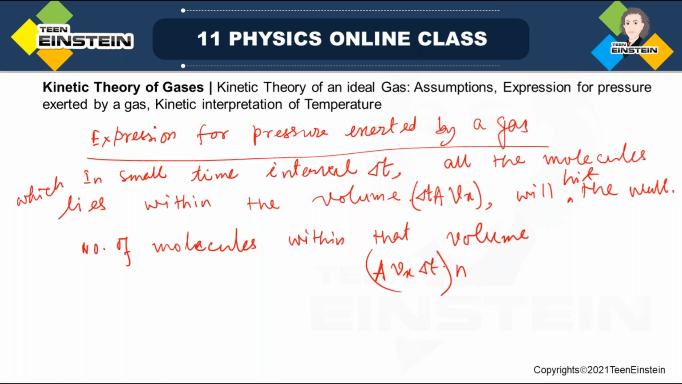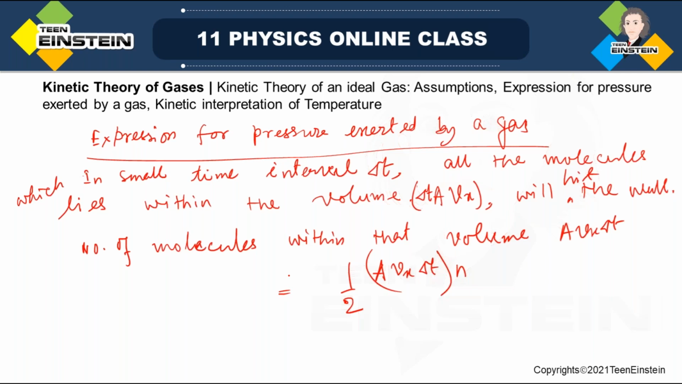Once again, see, all the molecules at a time may not go and hit the wall. Some of the molecules are going forward, and half of them are coming back. So we can find out the average number. Actually, the number of molecules within the volume A Vx delta T which hits the wall is half of this number,